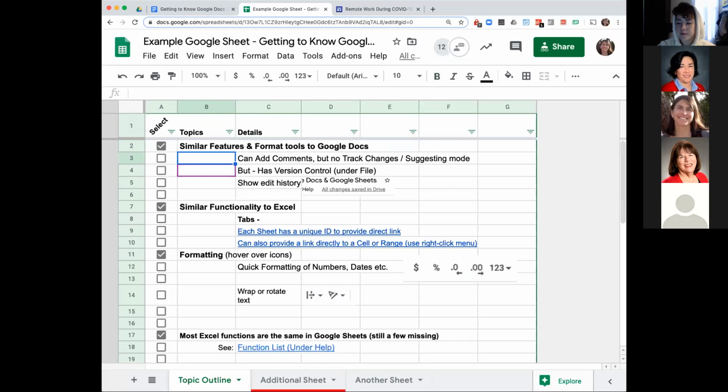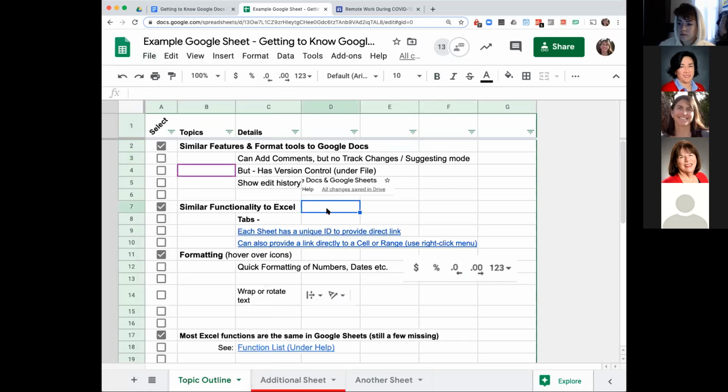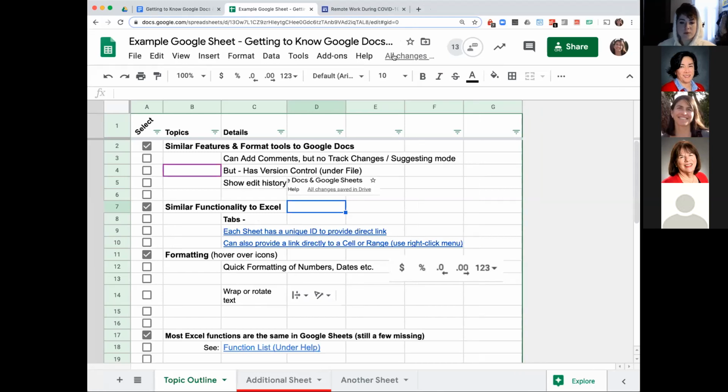So some of the differences between Sheets and Docs is that you can add comments, but you don't have track changes. That isn't available here. There is version control, the same thing we just saw. You have that version history. It's slightly harder because you can't get into the nitty gritty. It'll show you what cells changed and things like that. I would say it's not quite as granular, but it is there. And again, if somebody totally hoses your document, you can rescue it from a prior version. And that edit history is up here, or under File, either way.